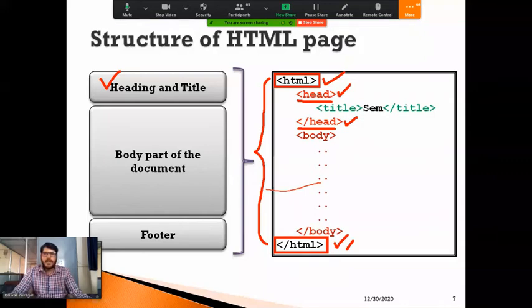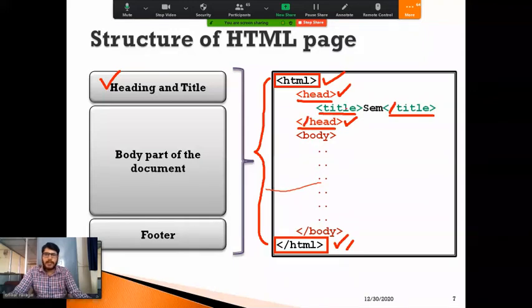Within the header tag, now you can observe, I am going to specify the title. This is the opening title tag and this is the closing title tag, as I am using a slash here. Similarly here also I am using a slash.